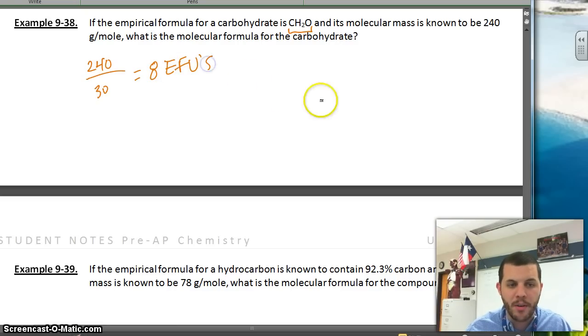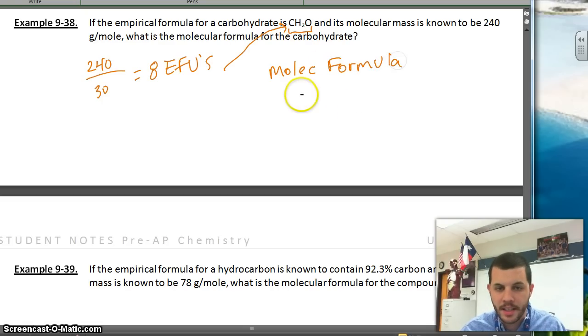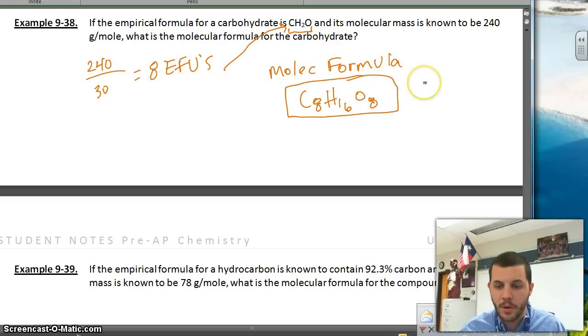What do I do with my number of EFUs? I'm going to multiply them by all of my subscripts in my empirical formula. So therefore, my molecular formula is C8H16O8. And there we are. There we have it. Okay. Now this is going to be a little different from the kind of problem that you're going to see. Likely you're going to see a problem like example